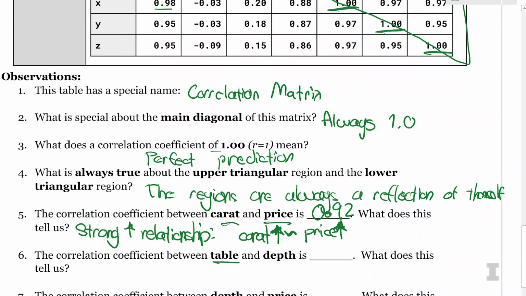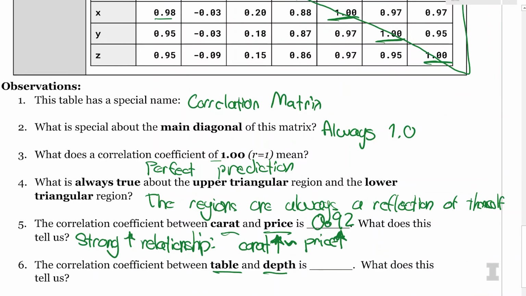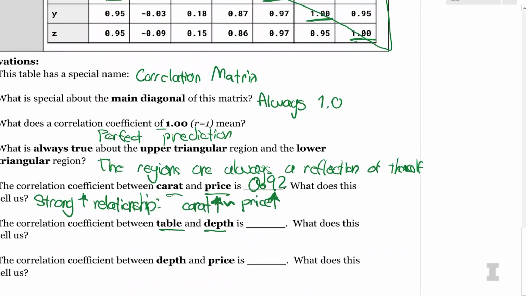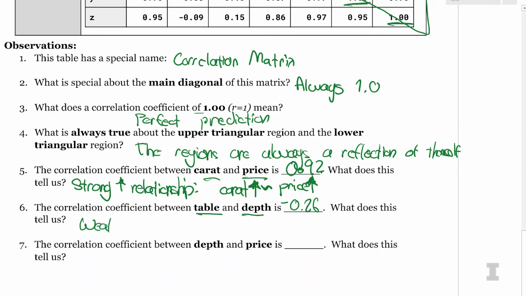All right, the correlation between the table and the depth of the diamond is what? I see the table column and the depth column. I see negative 0.26. Same. So the correlation between these two is negative 0.26. And Carly, what does the negative 0.26 tell us? That tells us there's a negative correlation, meaning as one of the variables goes up, the other one goes down. So as the table goes up, the depth of the diamond goes down. But the value is just 0.26. Would you consider that strong or pretty weak? I'd consider that pretty weak. So I'm going to say there's a weak inverse relationship.